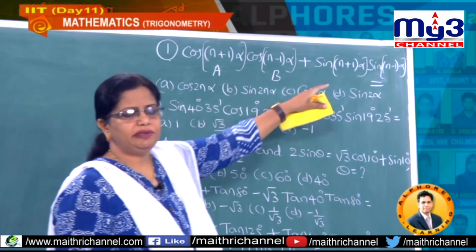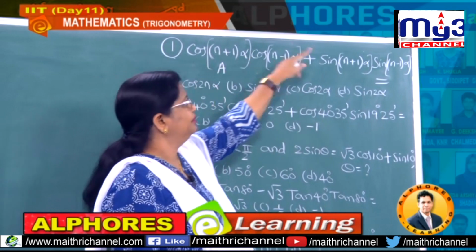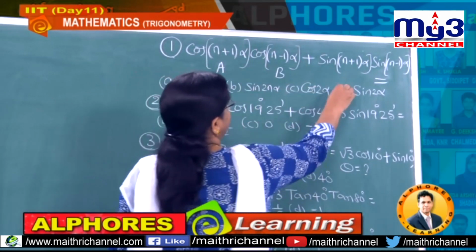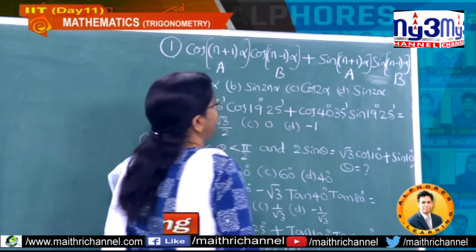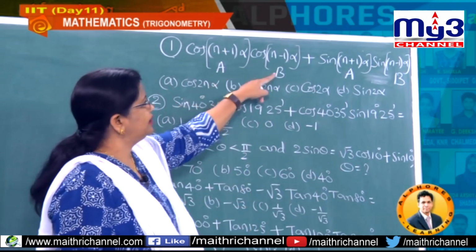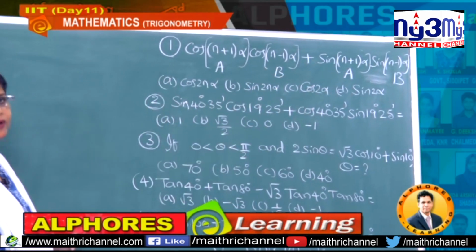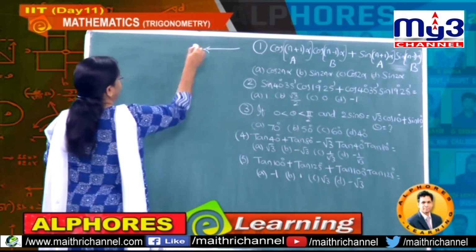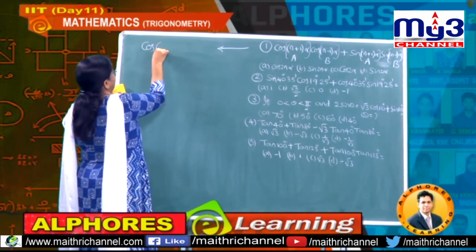And what about this value here? Sin A, same value. You have to check whether this and this both are one and the same or not. So this also here A, and this one is what here? B. And now it is of the form cos A cos B plus sin A sin B. What is the formula for it? Cos of A minus B. So to this problem directly you can write the value as cos of A minus B.